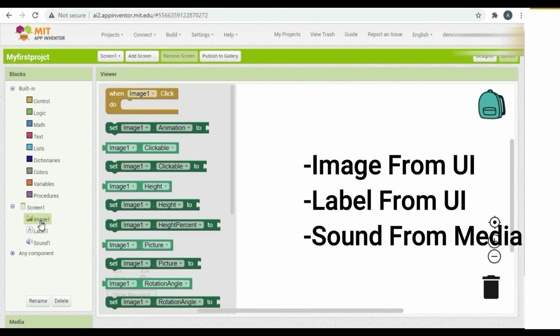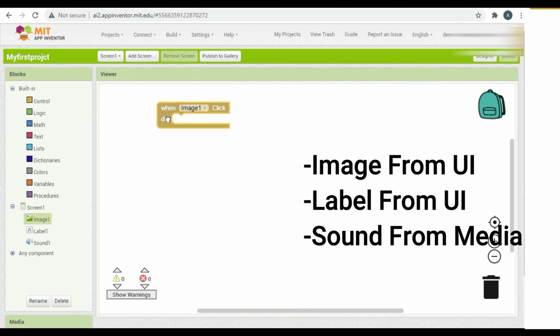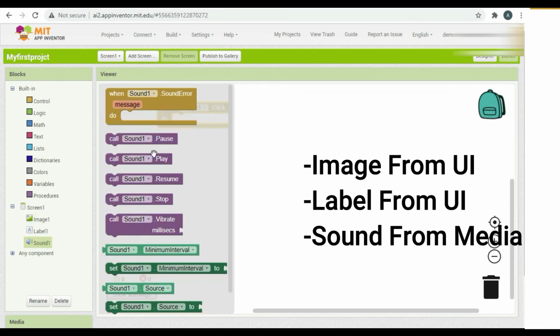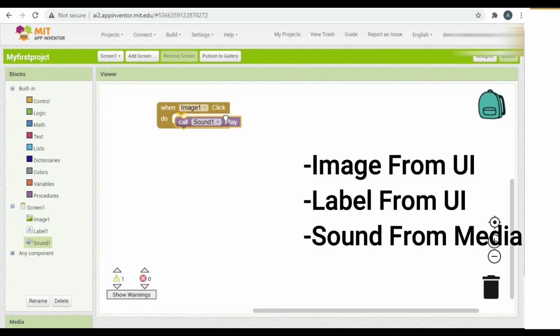So now you have to click on image 1 and drag this block, when image 1 dot click do. After this you need to go to sound and drag call sound1 dot play block. So now our app is done.